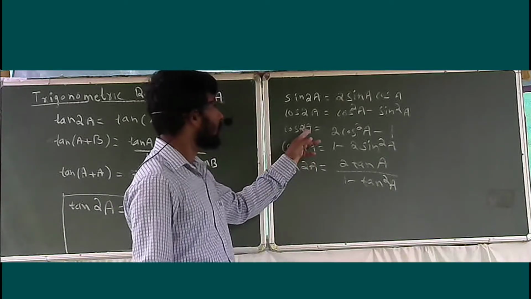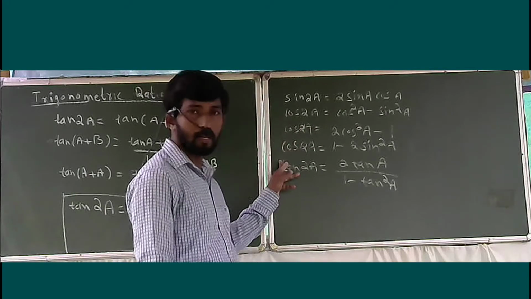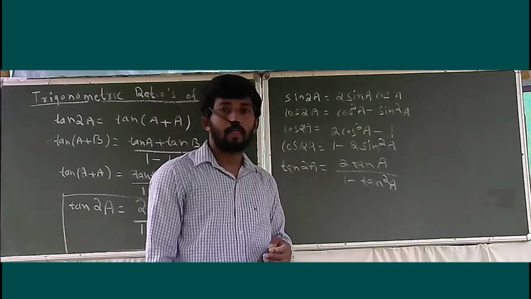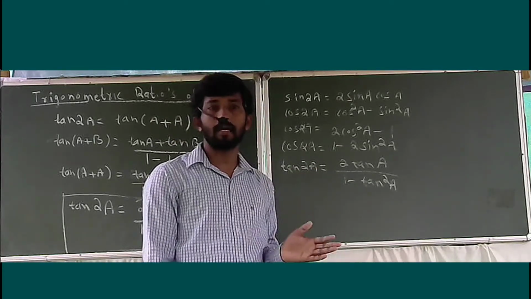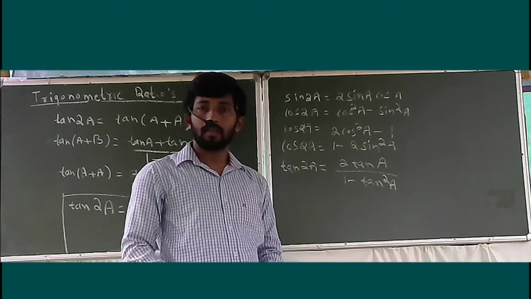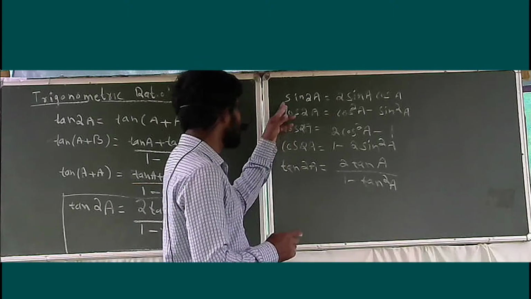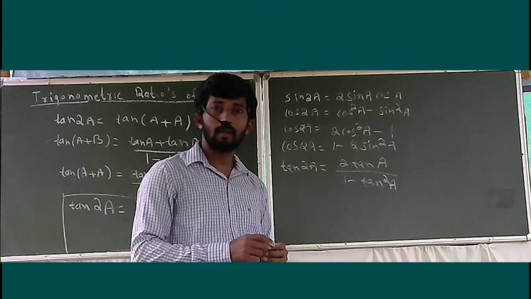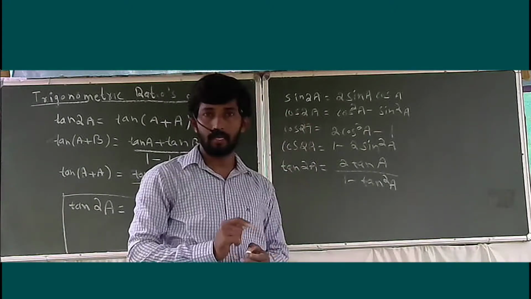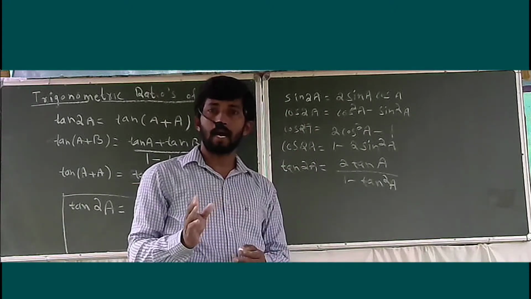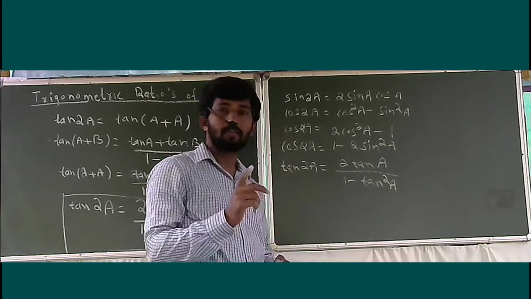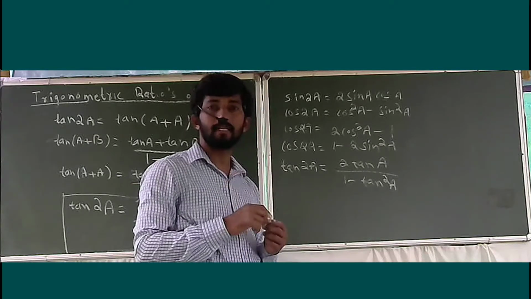Okay, see, for cos 2A, here you can see 3 formulas. According to the given question, you are selecting the formula. In most of the questions, they will ask, prove that left hand side equal to RHS value. That time, according to the question, you need to select the cos 2A value. To get the given RHS, it's not possible to apply a formula randomly. First, you need to check the RHS. Then, according to the RHS, out of these 3 formulas, you need to select one formula. Okay, we'll see that in problem solving.